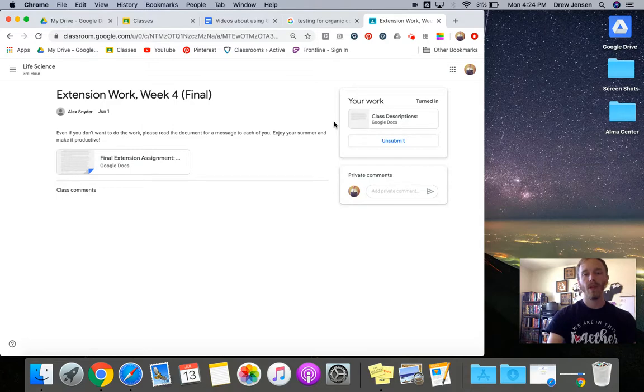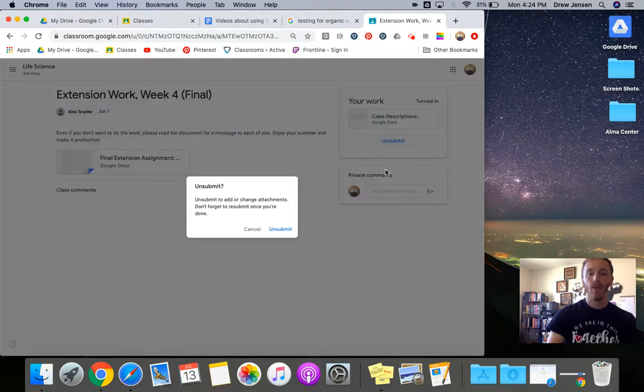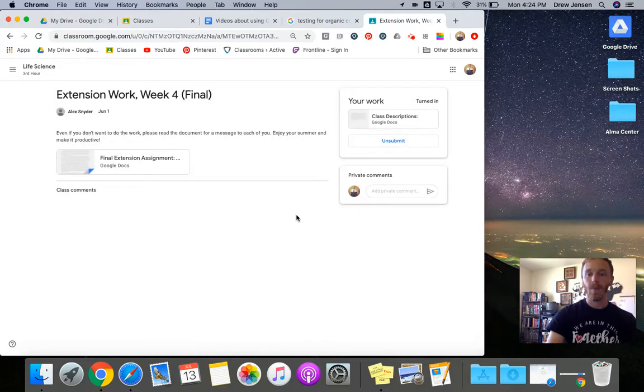If for some reason you remember you forgot to add something or needed to adjust something, they have added this, I believe, fairly recently, where you can click this unsubmit button, which will give you access back to that assignment, so you can do a little bit of editing or whatnot, right? So you just click on submit to get it back. Note, if you do that, you do have to do the submit button again so the teacher can grade it